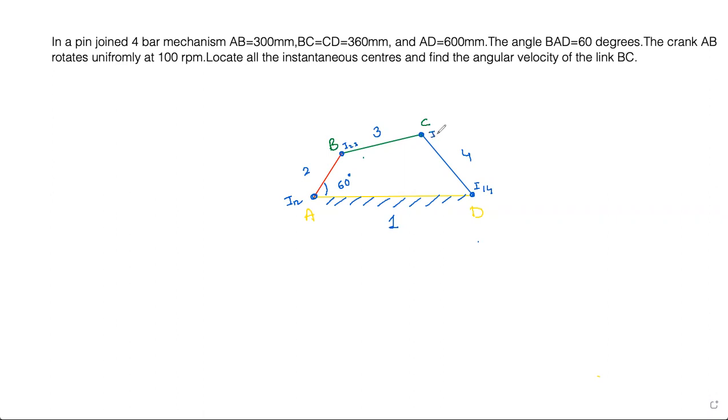connecting, it is I34. But we all know that to find out the number of instantaneous centers, we have a formula, which is N is equal to L into L minus 1 by 2, where L is the number of links. So total number of links is 4. So it is 4 into 4 minus 1 by 2, which will be equal to 6. So how many instantaneous centers have we found? Only 4, out of which I12 and I14 are